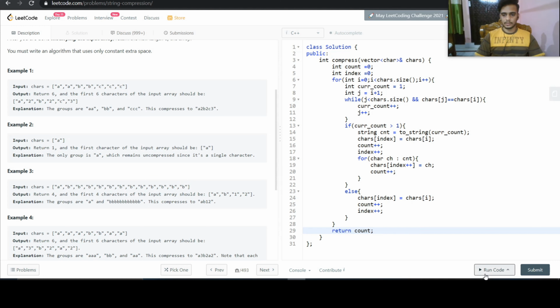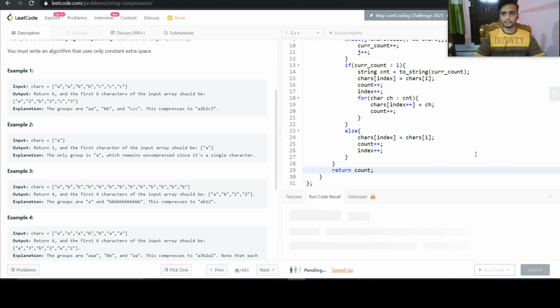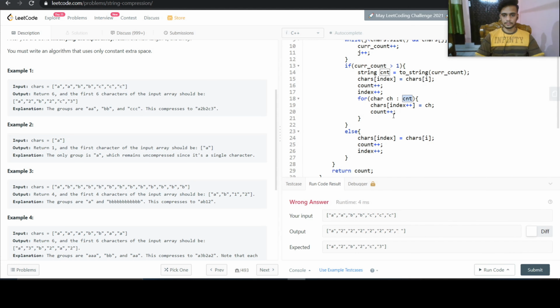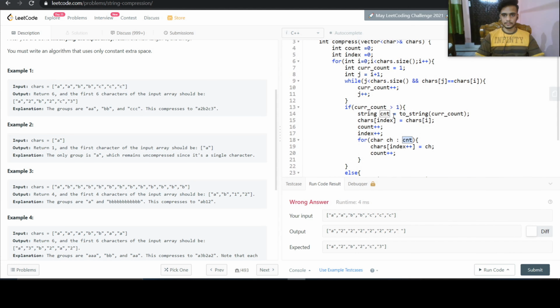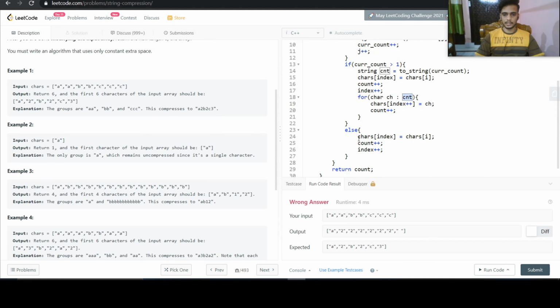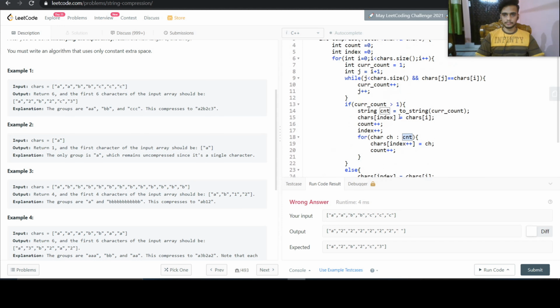So let us run our code. At the end of the loop, we need to increment i also, because otherwise we will end up parsing the same characters again and again.